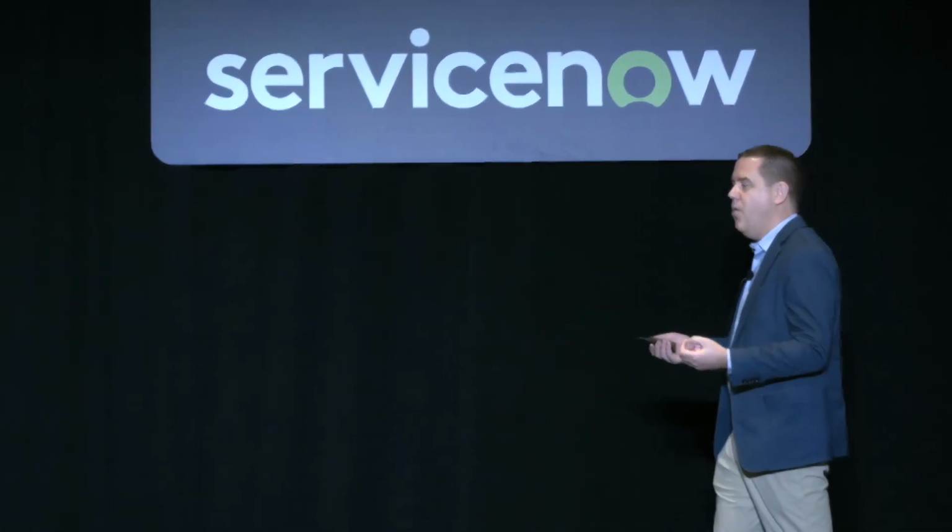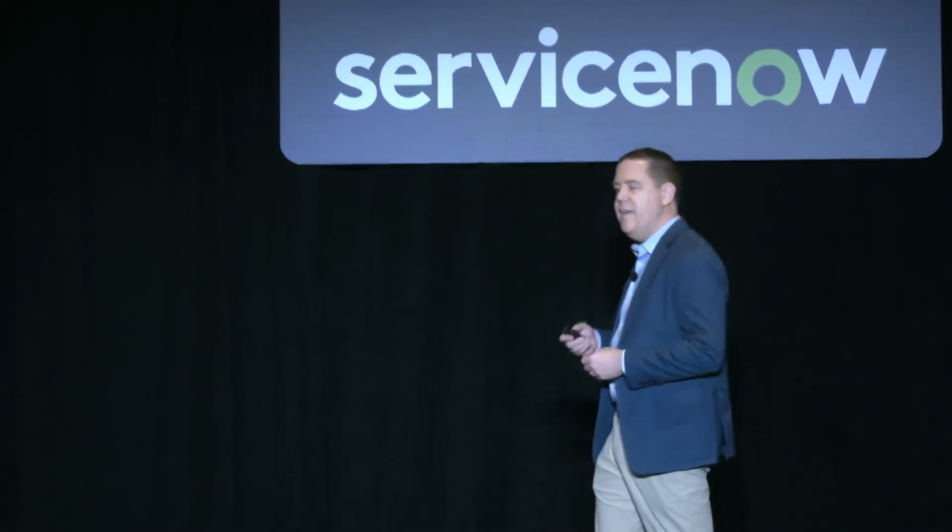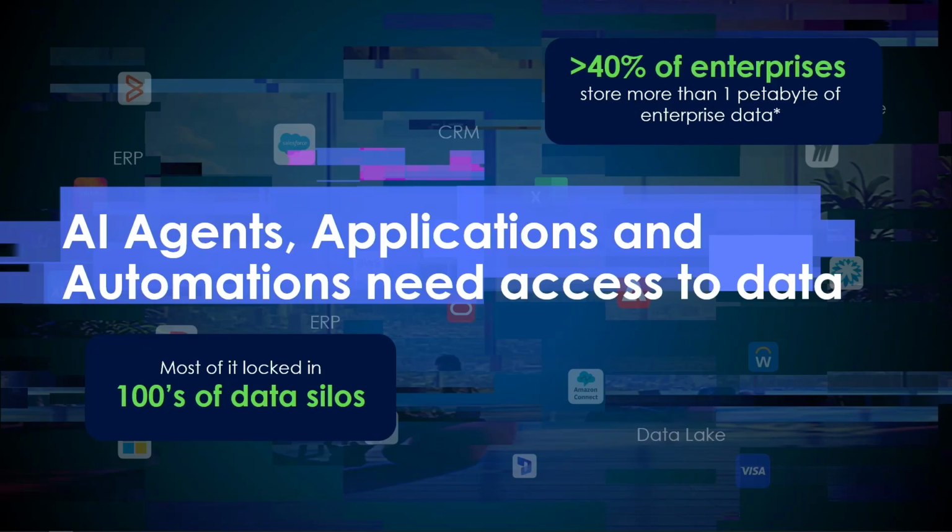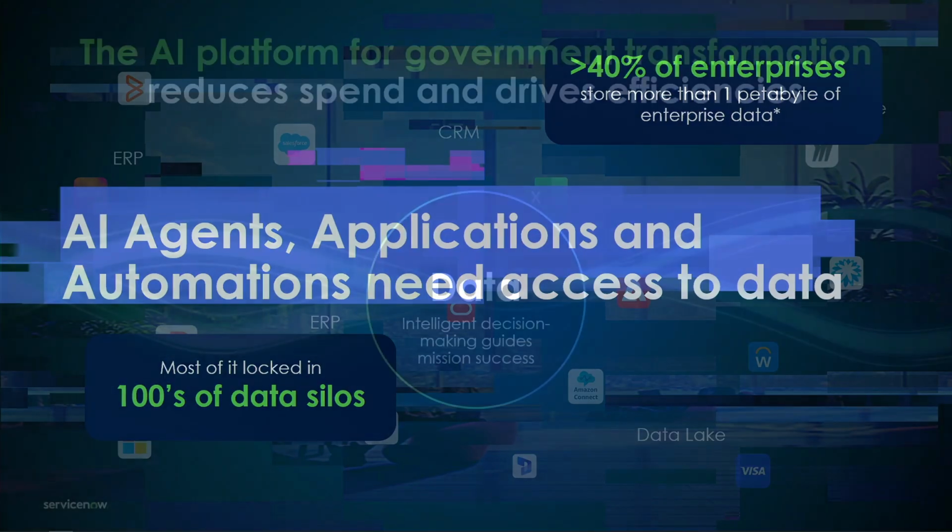But our continued goal, and what we've seen over the years, is that we've been expanding your ability to reach out and get access to more and more of your data. It started with iHub, went into RPA, into Doc Intelligence, and now with Workflow Data Fabric, we're expanding that again to give you access to even more data. You can see some of the metrics on here, like locked in hundreds of data silos. I would ask for a show of hands, but I'm pretty sure all of you would raise your hands. You've got lots of data silos out there, and a lot of them are probably things like Excel, or Access databases. There are informal data silos that you're looking to solve for. So how do we address that? Because for this strategy to be effective, you've got to get access to that data.